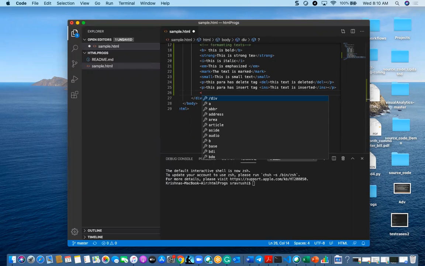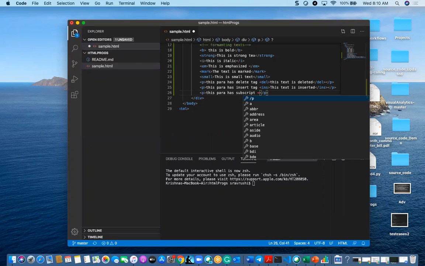Okay, so one more thing is we are having subscript and superscript. So if we are seeing this subscript, it is like para. So para has subscript, and that is sub, and I am giving "I am subscripted".